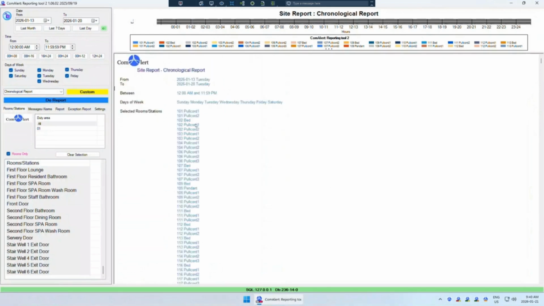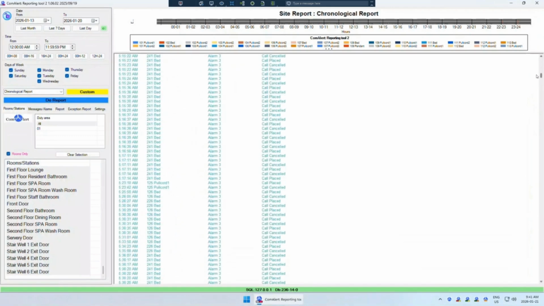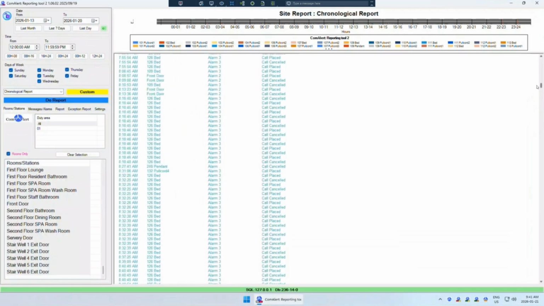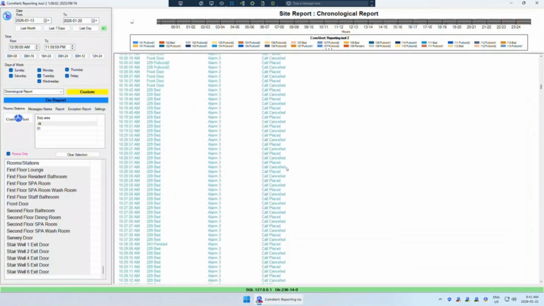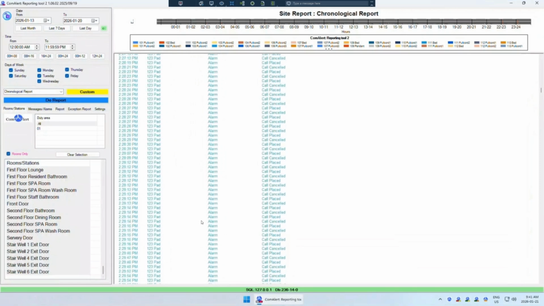It just shows you your to and from and which rooms you wanted selected. Now there's going to be a lot of data in here, lots. So I'm going to try to find somewhere that I can narrow down a bit for you to explain how the flow goes. Hopefully we find something quick here. For example,